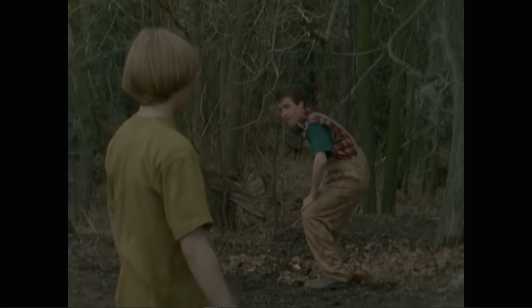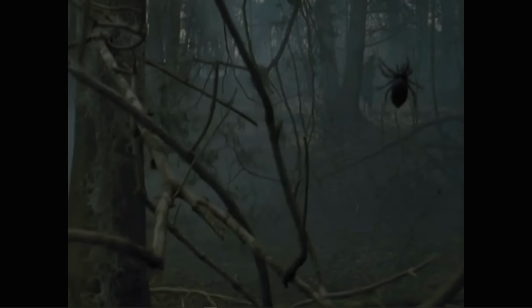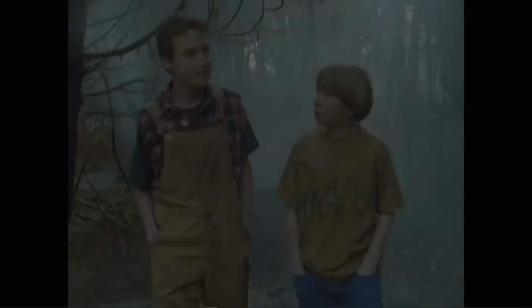Will offers to show Grady around the swamp so he won't get lost, and Grady reluctantly agrees. And while they explore, Grady asks how Fever Swamp got its name. Will tells him a story about how a long time ago, people got a fever from the swamp. It makes your body so hot that it boils your brain. That makes you go crazy, and eventually you'll just run back into the swamp, where it takes you away forever. And just then,